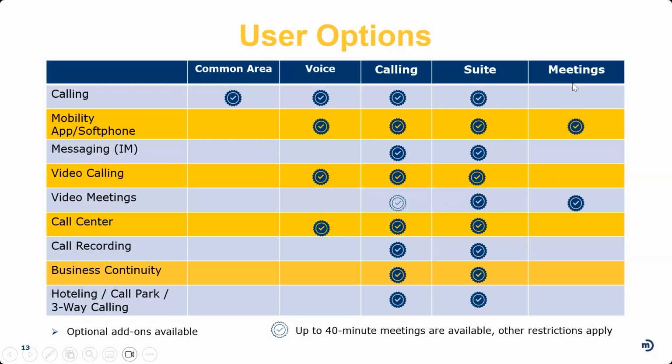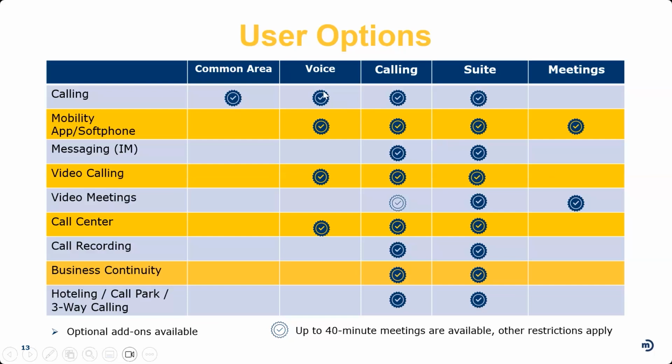And then over on the far right here, we do have a meetings user type, and this is essentially just that. It's a user that just needs to send out Webex meetings, join them, present, whatever it may be, but they don't get any of the calling features with that particular package. And then kind of to end off on this slide itself, there's different prices obviously with these, from common area on up, it kind of goes up from there. There are price breaks available depending on the volume or the number of users on the system. So keep that in mind, if it's above 25 or 50 users, there are price breaks per user per month.